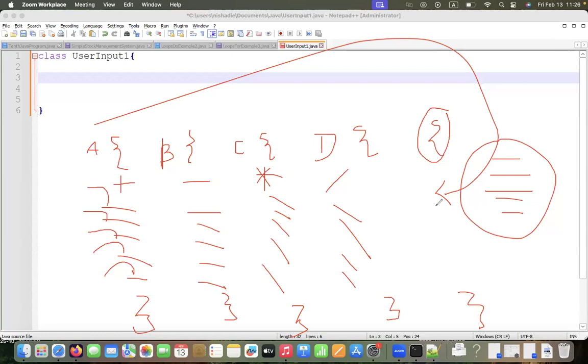But now, no need to focus on these things. We are just focusing on how these codes and fundamental things work. Because of that reason, I'm considering only this